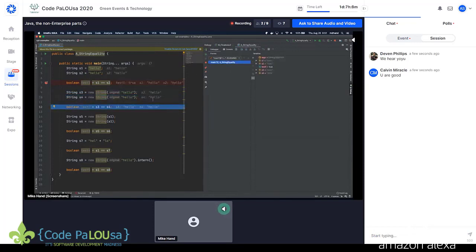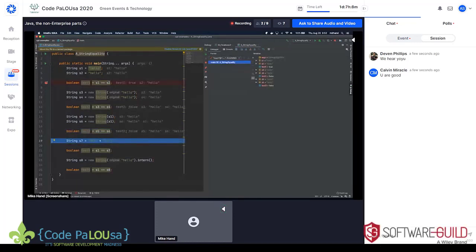Now we have assigned to S3 and S4 additional strings, also HELLO. And now let's see if those are equal. And they're not. Okay, interesting. Now let's assign two strings in yet another way. Instead of a string literal, we're going to pass into the string constructor two strings that already exist. Now, are those equal? Those are not double equal either. Now let's combine the two syllables hell and low to equal the string HELLO, and then we're going to compare that back to our first string.